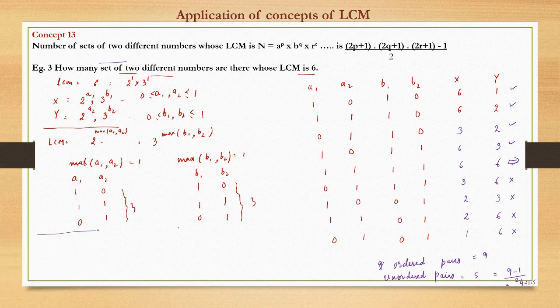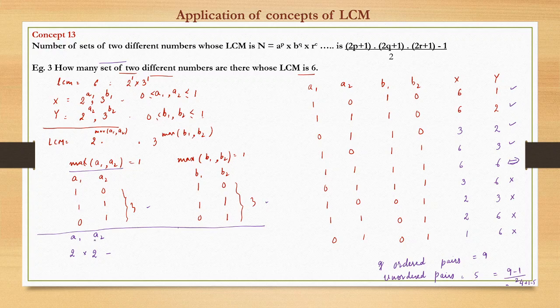Now see, we'll look at just another method to arrive at this 3 and 3 things. 1 0 1, 1 0 1. So we know the maximum of a1, a2 has to be 1. And what values can a1 take? A1 can take values 0 and 1. A1 can take two values, 0 and 1, and a2 can take two values, 0 and 1. So 2 into 2, so total 4 cases are possible, but there may be a case in these 4 cases where none of a1 and a2 takes a value of 1, right?